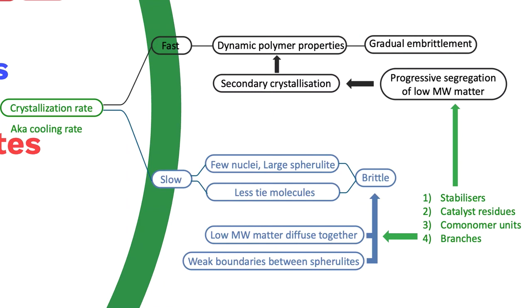Another reason for gradual embrittlement comes from secondary crystallization, where there is progressive segregation of low molecular weight matter from the polymer chains. This low molecular weight matter may include stabilizers, catalyst residues, comonomer units, and branches. These low molecular weight materials can diffuse together in polymers made